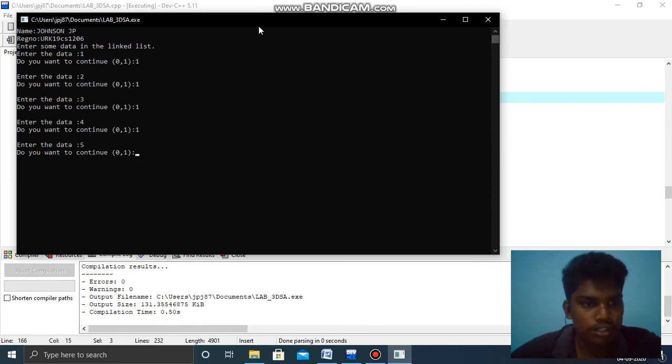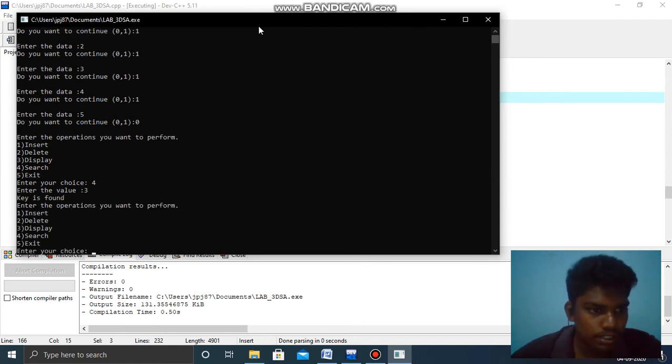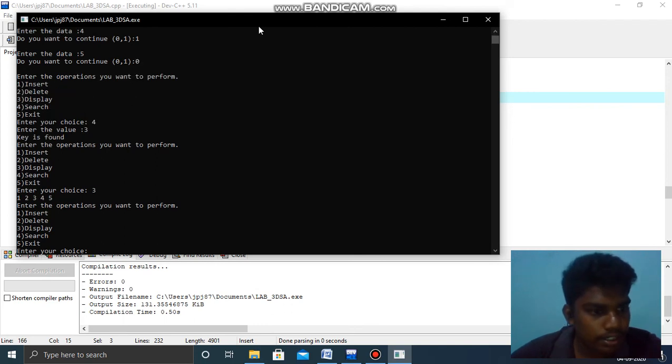Now I do not want to continue, so I give 0. What I want is 4, the search option. What is the value you want? I give 3, it means key is found, because I gave key 3 in the operation. Then I give 3 for display. Here it becomes 1 2 3 4 5.